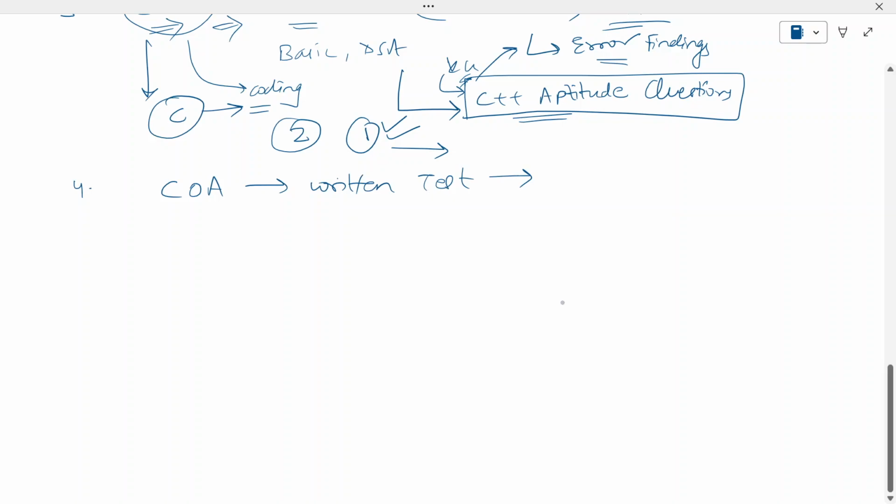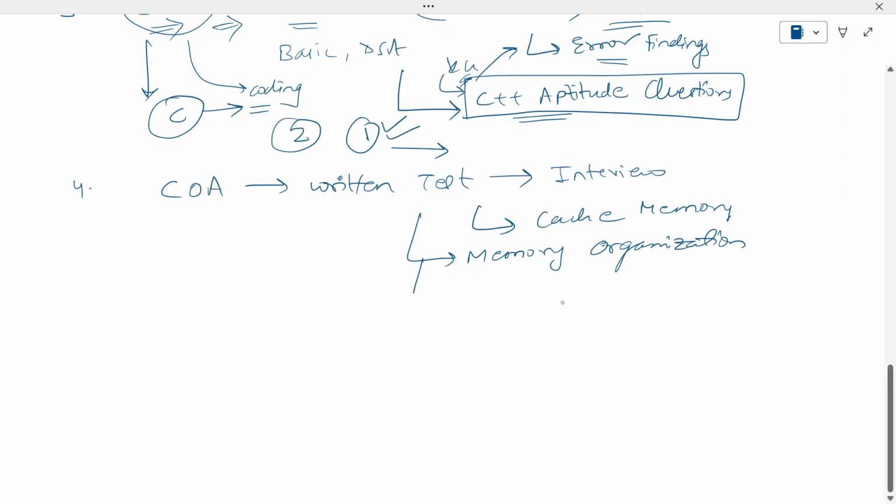I'll tell you the source if you ask me later on. I have a best source for this. But yeah, you have to cover this for your written test. Also, it's going to be asked in your interview. The topics I'm going to tell you are cache memory, basically memory organization and cache memory. These are the only topics they're going to ask you, memory organization,